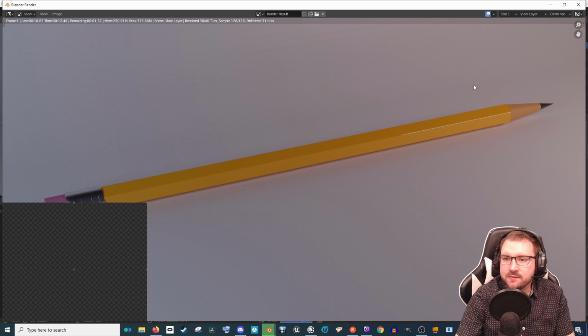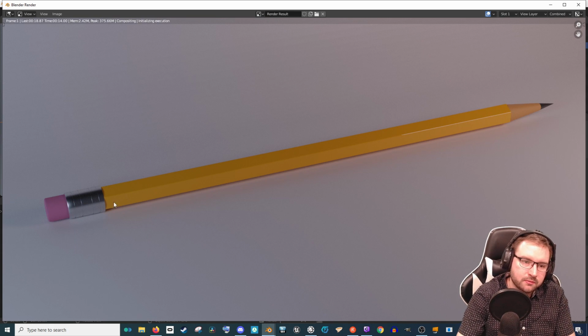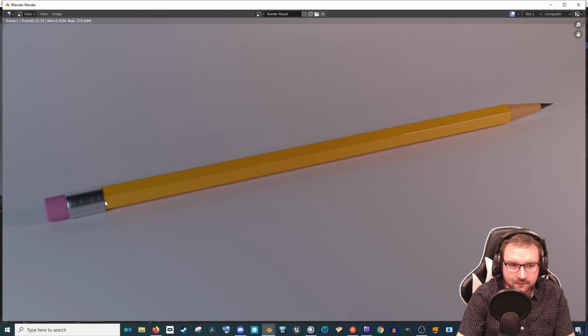Definitely that end bothers me. This end here is too abrupt. There's nice shadows here, though. A lot of stuff catching. I like that. I like that. I'm tempted to add some bump to the eraser, but